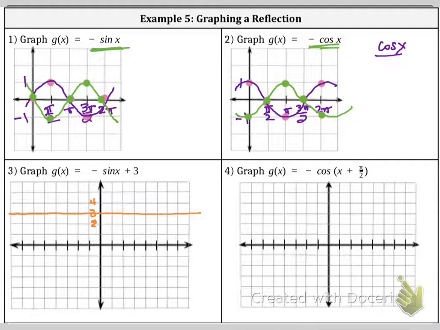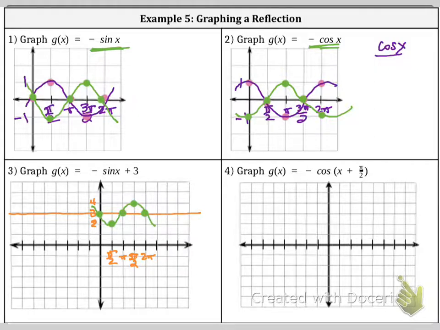And then it's flipped over. So I know that sine, let me finish labeling the rest of my x-axis. So this is 2 pi, this is pi over 2, 3 pi over 2. And sine starts at the midline. Then it's negative, so that means I'm going to go down this sine instead of up. Then I'm going to go up at the midline, up at the top, and down here. So this is our graph of negative sine of x plus 3